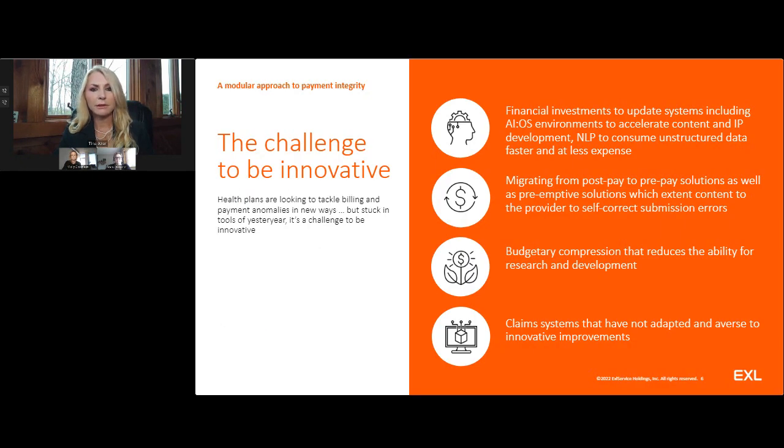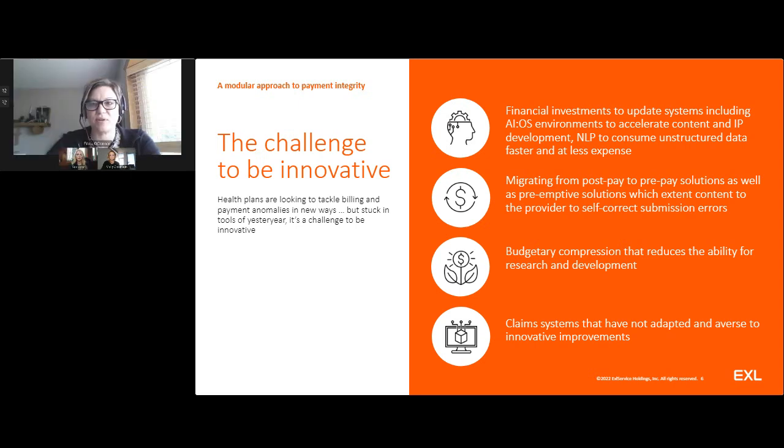So pretty excited to turn it over to Erica, where she's going to talk about some of those challenges to stay innovative as we focus on the black box, white box model. Erica? Yeah, thanks, Tina. So the items Tina just touched on in the previous slide illustrate the multitude of issues